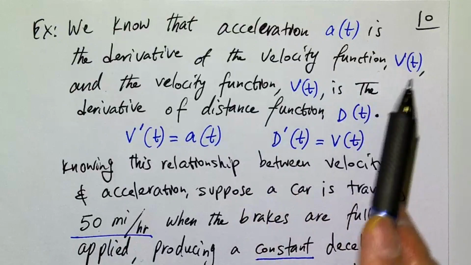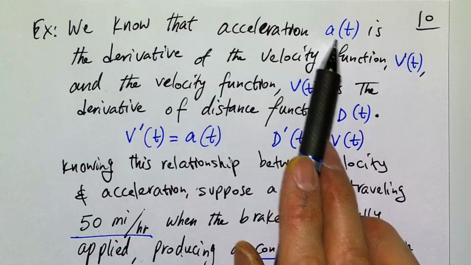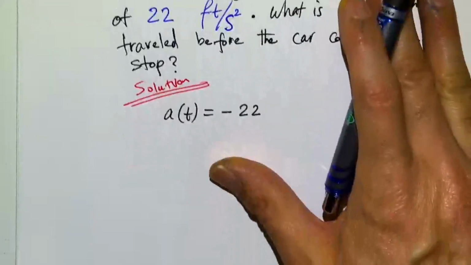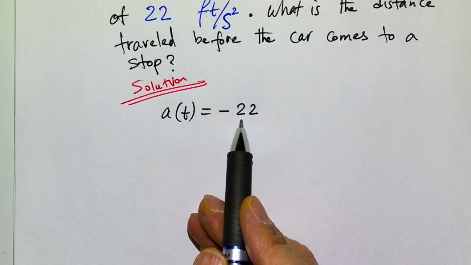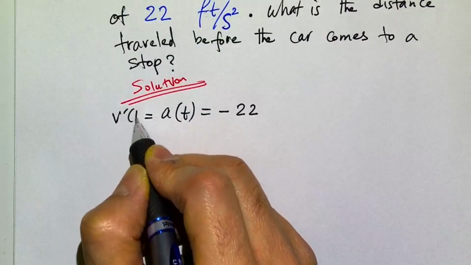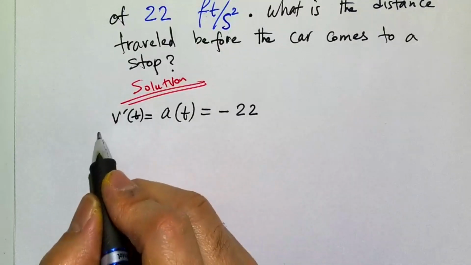So that means if we find the antiderivative of the acceleration function, we're going to get the function for the velocity. So let's do that. So let's find the antiderivative of this. And because this is equal to the derivative of the velocity function, therefore,